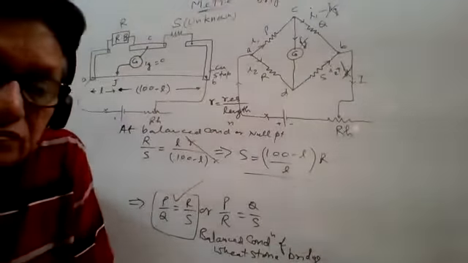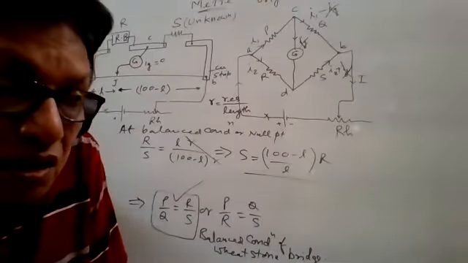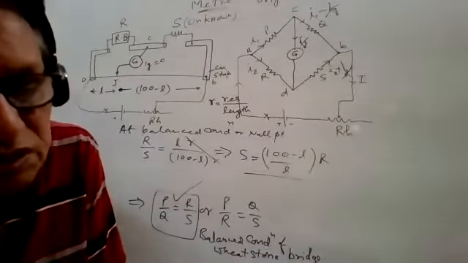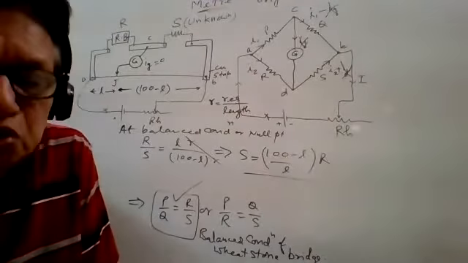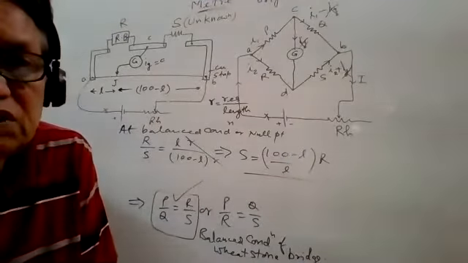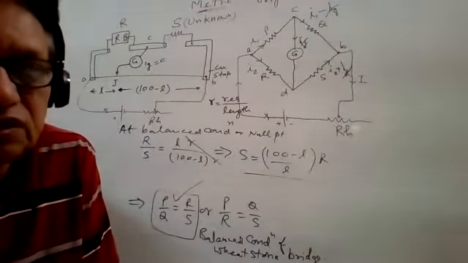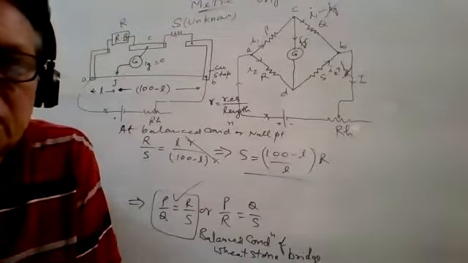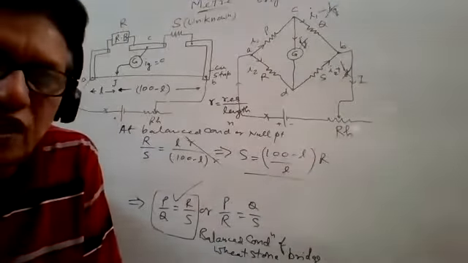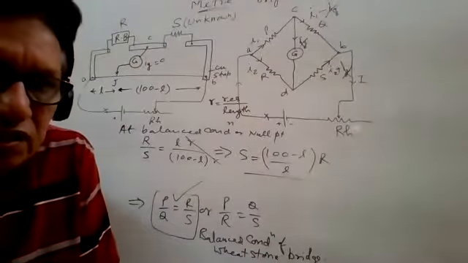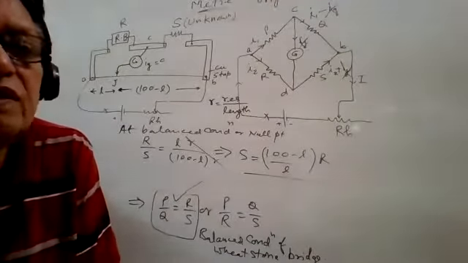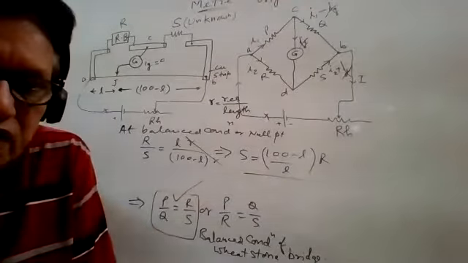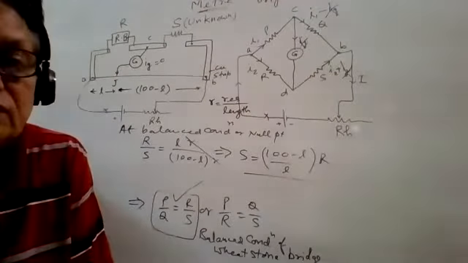So, sir, from the meter bridge we can find one resistance value, the unknown resistance. Yes, definitely. And the resistivity also, with the formula R equals rho L by A. If you know R, you know the length, you know the cross-section area, you can find the resistivity of the given wire. Resistance as well as resistivity, both. Okay.